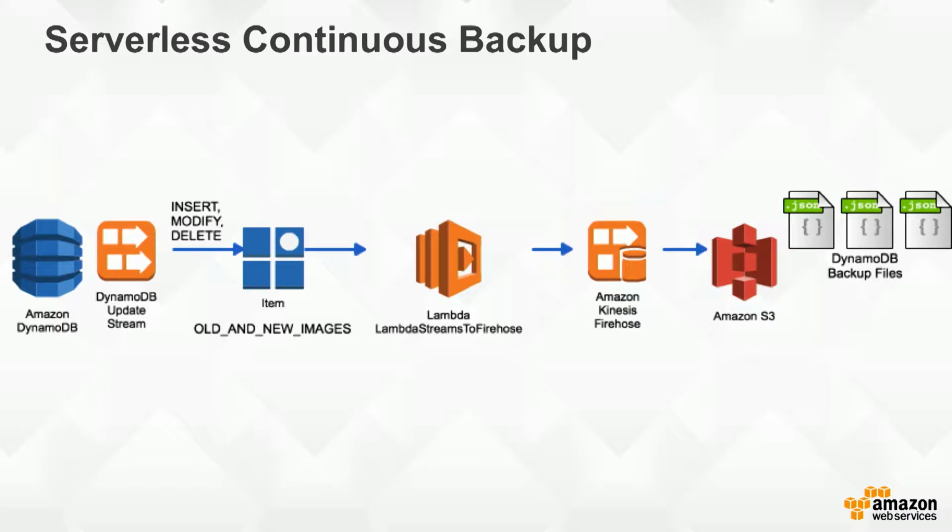So when we wire this all together, we end up with a really nice pattern that starts to allow us to think about an RPO of 0 for DynamoDB. You have an update stream on your table, and it's generating what we call old and new images. Old and new images means that we give you all of the data associated with a modification. If you're doing a delete, then you only get an old image. If you're doing an insert, you only get a new image. Otherwise, you get both. You get every single change that was made. And you could change that if you wanted to and just have the new images. But it's very useful to back up both.